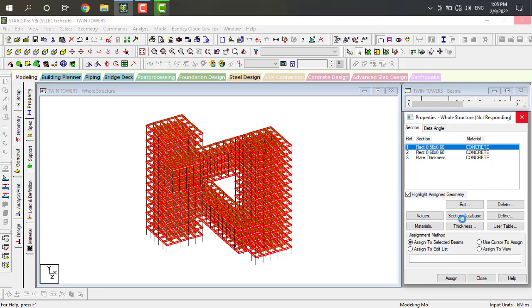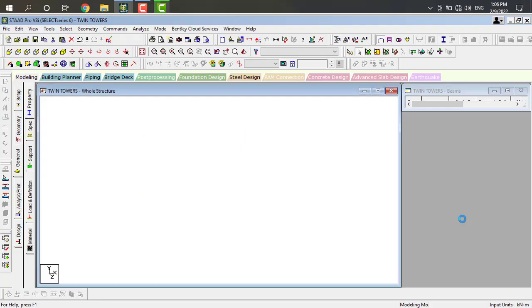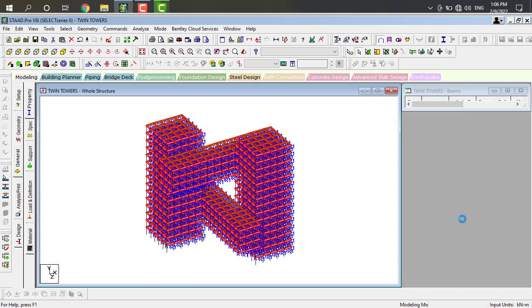Why? Because for high-rise buildings, the beam dimensions and column dimensions will be large. It is in process. Yes, it will be assigned.